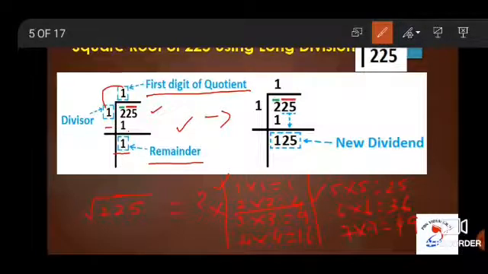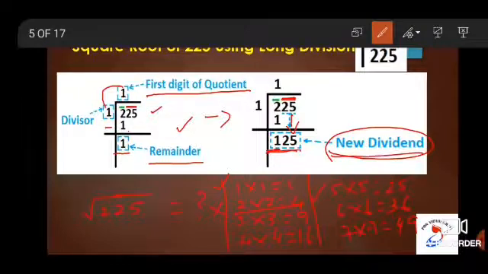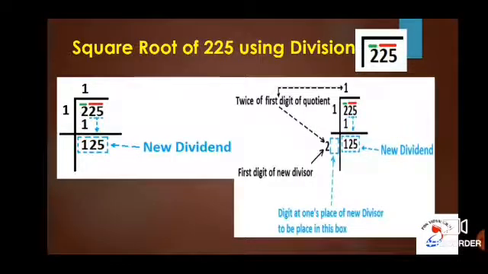So you have got the remainder as 1. Now your new dividend will be, you have to bring down the next digit. Children, if you are performing normal division, you bring down only one number. But as it is square root, we have separated the number in terms of bars, that is, two numbers are there in one bar. So you have to bring down the entire number, that is 25, to the next step. So here your number 125 will be your new dividend. We will see the next step.